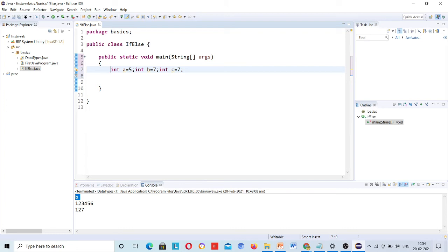Now this is also possible, like 5 comma 7 and then 7. But I consider that you should declare like that only, so that if you have to manipulate something, then this way you can manipulate.